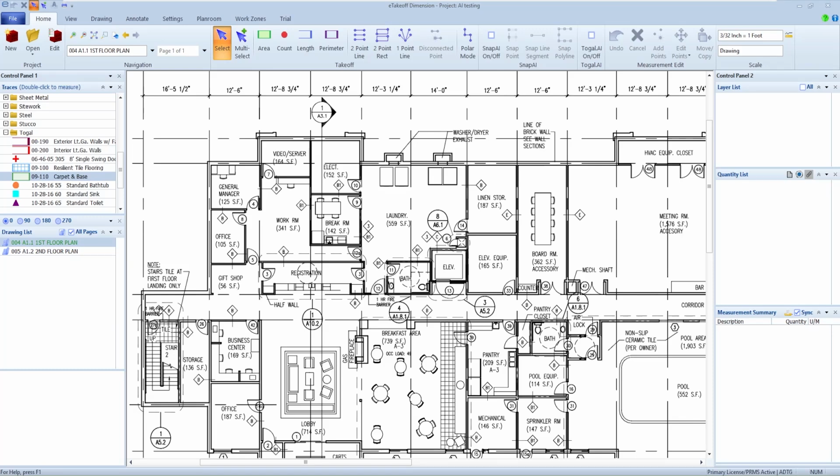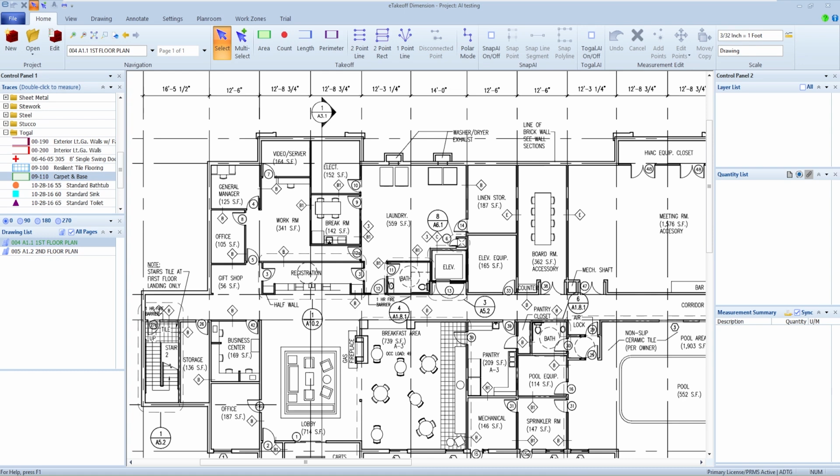And today we're going to take a look at a pretty cool AI enhancement that can be added to your eTakeoff dimensions. It's called Toggle AI. Basically, it's a method to take architectural plans and scan those plans for standardized objects and things of that nature, so the system can go through and assist in takeoff because of different symbols and wall types or things like that that it can recognize and classify together. So let's take a look at what that looks like.